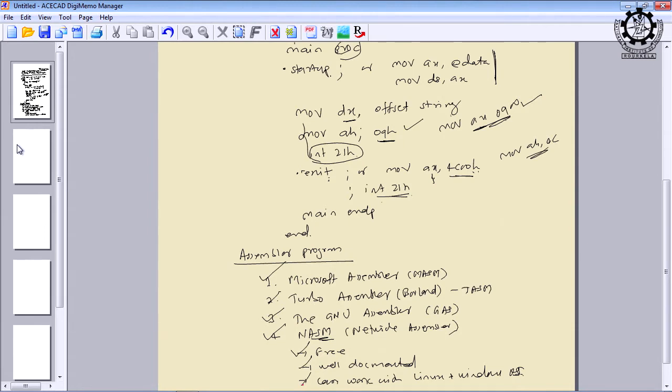So, that means there are two ways to write a program in 8086. One is the microprocessor kit, like the 8085; we have an 8086 kit as well. There you can use a line assembler. If you use the line assembler, you can give the machine instructions directly, or you can give the hex codes. There are two ways again if you use the kit. And if you are not using the kit, then you can make use of this assembler. That is the second way.